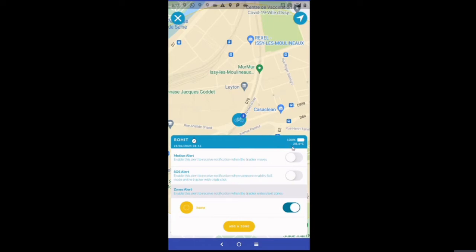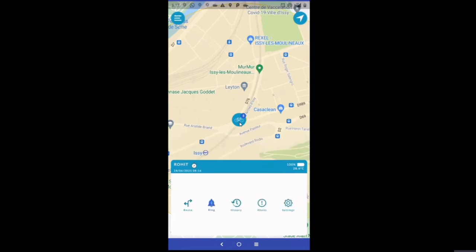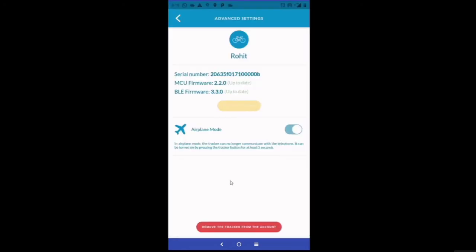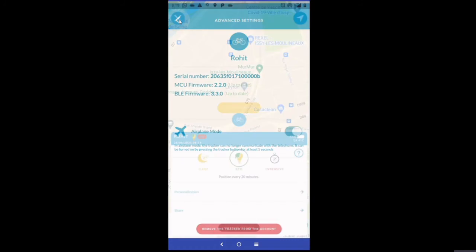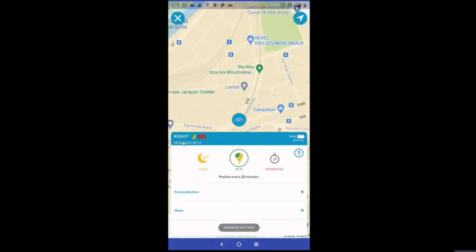So the temperature and the battery status actually come from the Bluetooth interface. When the tracker is connected over LoRaWAN, all this information comes via LoRaWAN from the backend, and I will show you in a little bit what happens with that. So once you have shut down the tracker, you will see on the tracker UI that the mode of the tracker says off, because whenever the tracker goes off on the Bluetooth, it actually sends a LoRaWAN uplink indicating the mode is off,